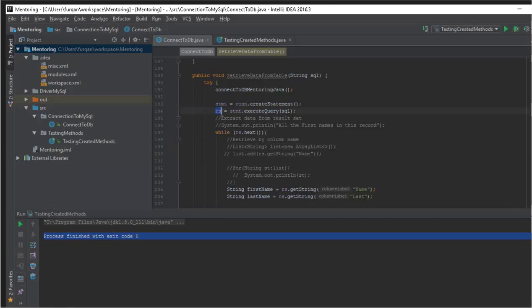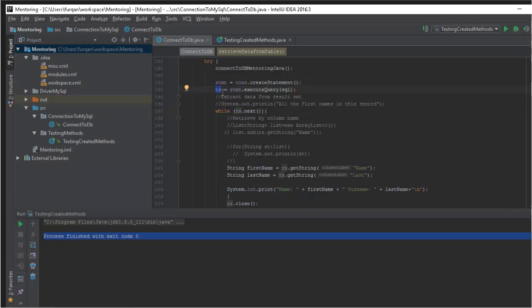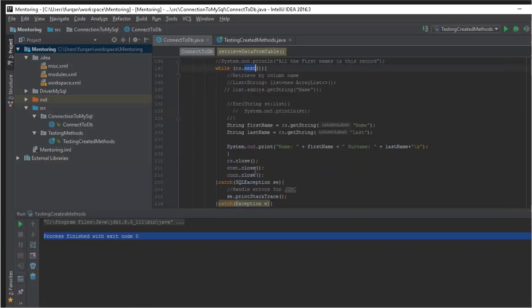Now you're saying the result set is equal to statement.executeQuery. So you're going to execute the query which you passed, and then all of that data inside that query, you're going to be storing into the RS variable, the result set variable. And after you store it, you can just iterate through it. So you create a while loop and rs.next,